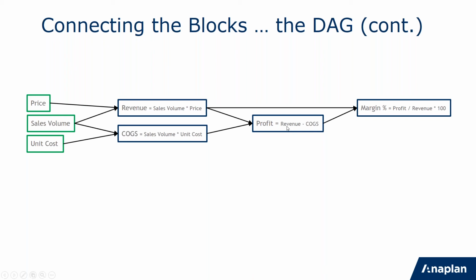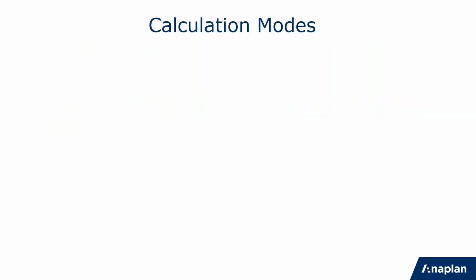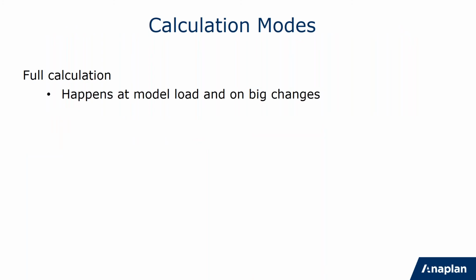So at the beginning, I referred to two different calculation modes, and the first of those is full calculation. A characteristic of Anaplan that sets it apart from quite a lot of other tools of a similar nature is that when you define calculations in your model and when you have aggregations, we pre-calculate all of those numbers and we have them ready so that no matter what query you make, no matter what numbers you read at any level of aggregation, no matter what's gone into them, they are all calculated and ready to serve up.